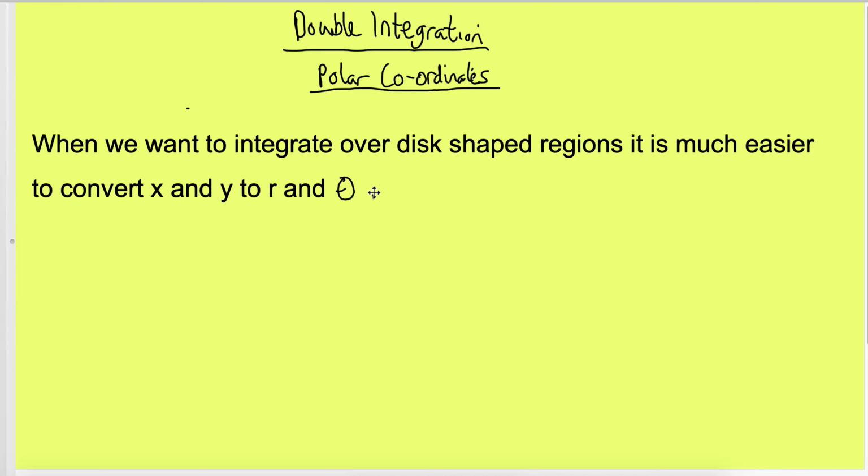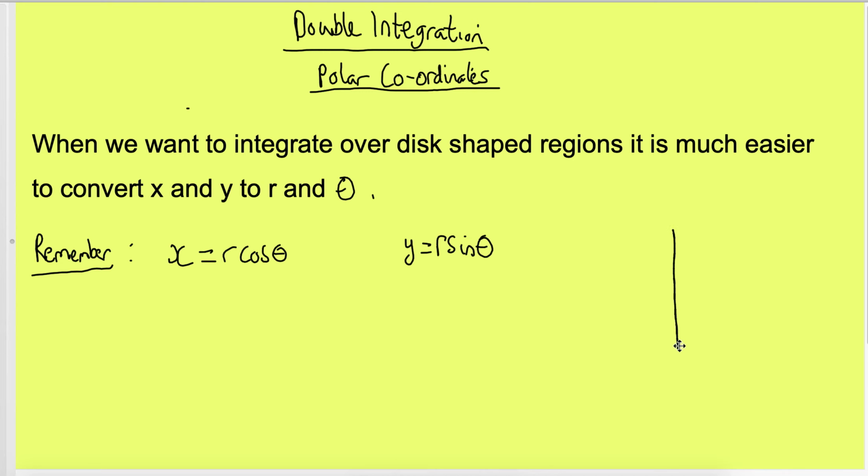Now, remember, these are our two formulas for polar coordinates. x is equal to r cos theta, and y is equal to r sine theta. Okay, and remember, if we've got x and y,